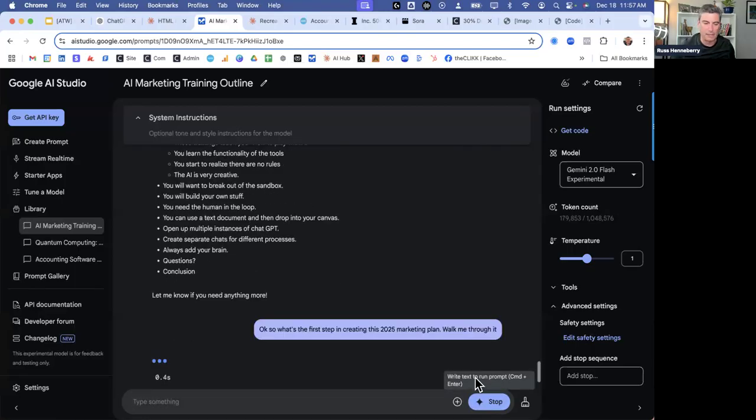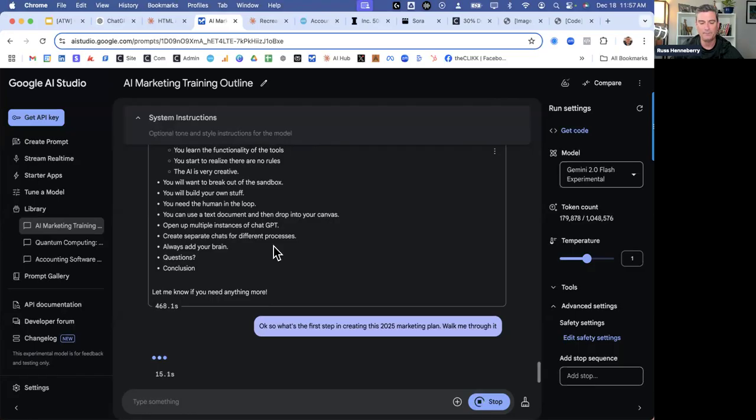It should be able to do that because it's gone ahead and watched my training, or listened to my training anyway. It should be able to start to walk me through the process that is taught, assuming I did a good job of teaching this process. The AI now understands this process. It's gone ahead and taken that into its brain, and it should be able to start walking me through.